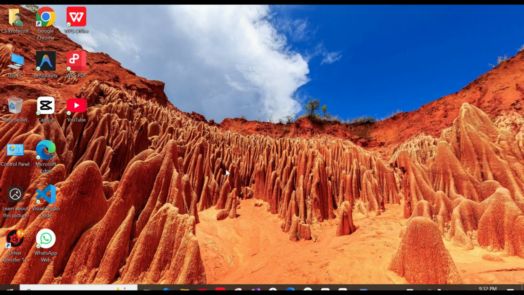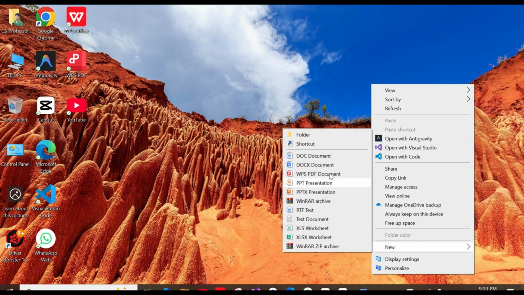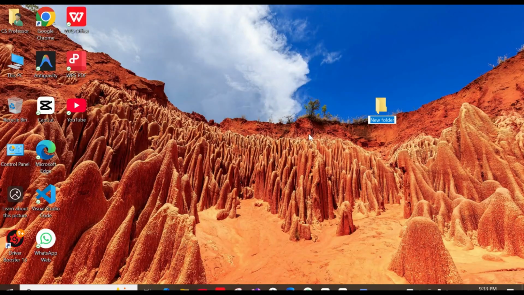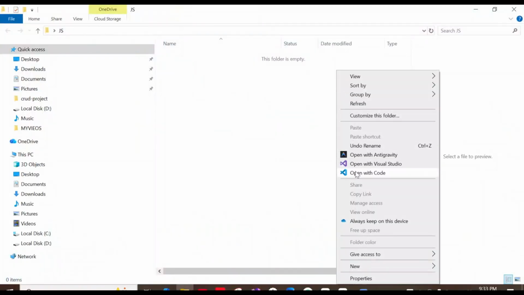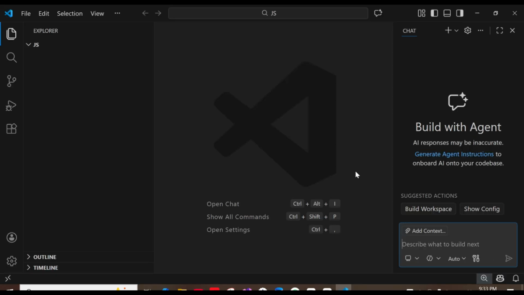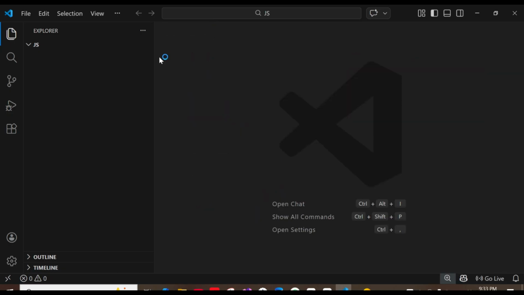Now we are going to start the JavaScript demonstration. So just create a new folder. As usual, we create a new folder. Let's say JS, and open with VS Code. This is our project, JS. Just create a new file,